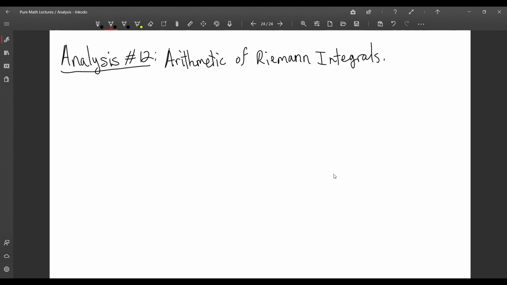Okay, so now we're going to look at two theorems, which essentially are going to show us how we can combine Riemann integrals together. So the first theorem, I'm going to write it in a sort of high-level language. What I'm going to say is that the Riemann integrable space on [a, b] is a vector space over R,